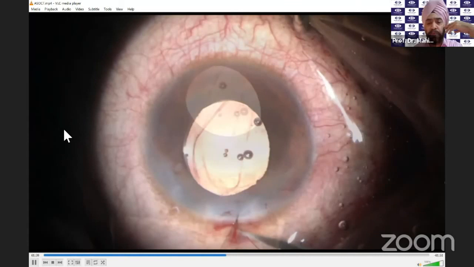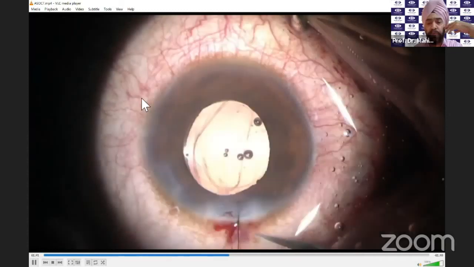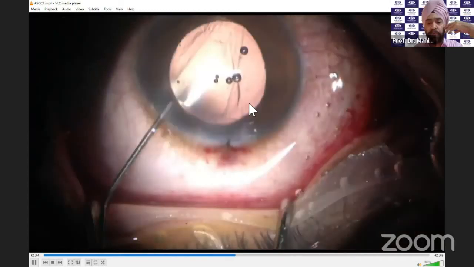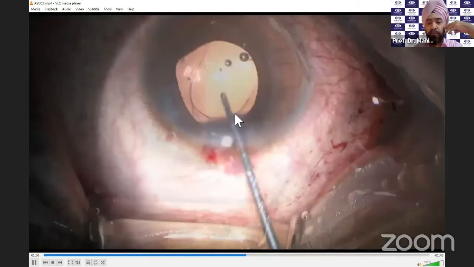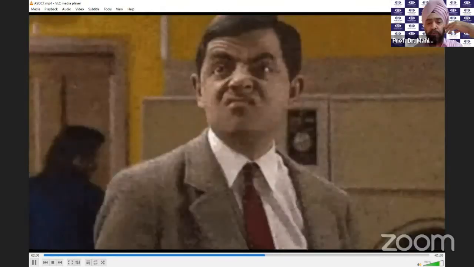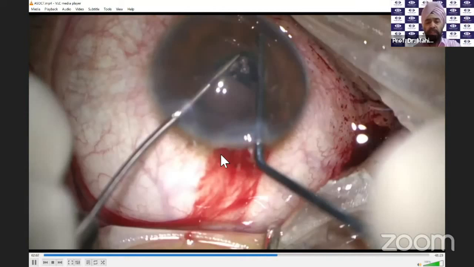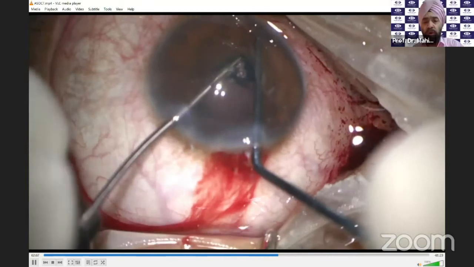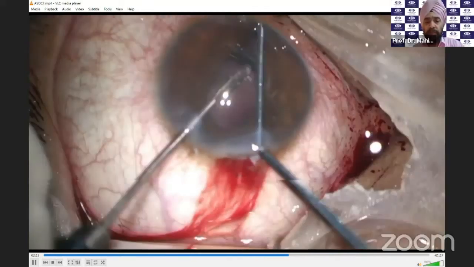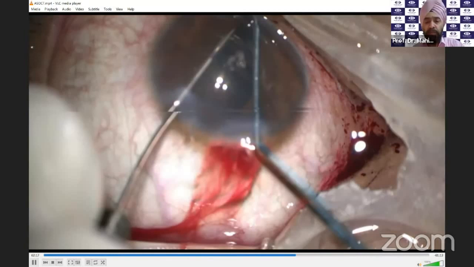And once I put this suture, you can see that I'm just trying to remove. See that the rent has increased. And as you go ahead, you can see that the vitreous has started coming from here, and you see that the nucleus, the IOL just went back. So a surgery is never completed till actually it is completed. And now we are in a situation which is a semi-emergency, because you can see that the nucleus is sinking.